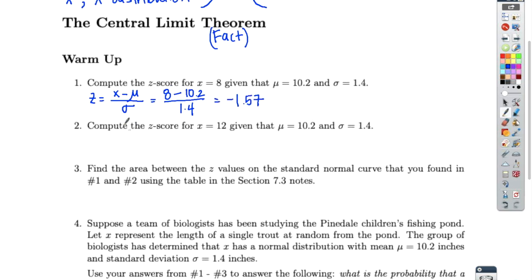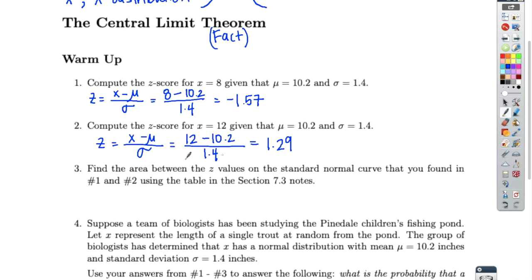1.57. Number two is pretty much the exact same problem. Compute the z-score for x equals 12, given the same mean and the same standard deviation. So again, x minus mu all over sigma, just a different x value. So now I'm plugging in x equals 12. Mu is still 10.2, and sigma is still 1.4. And when I throw those into my calculator, I get a z-score of